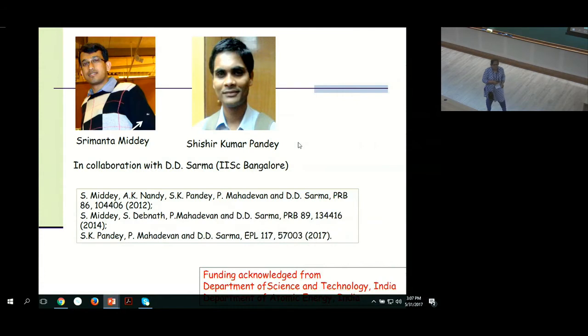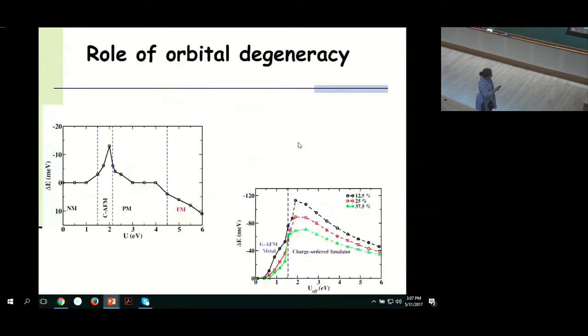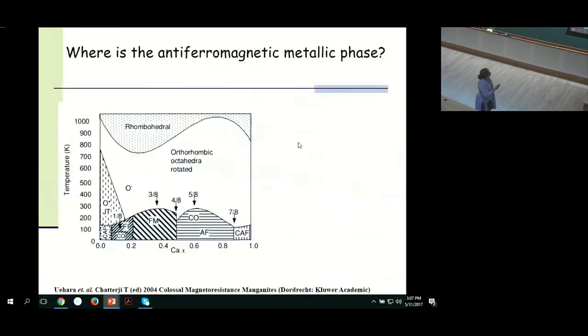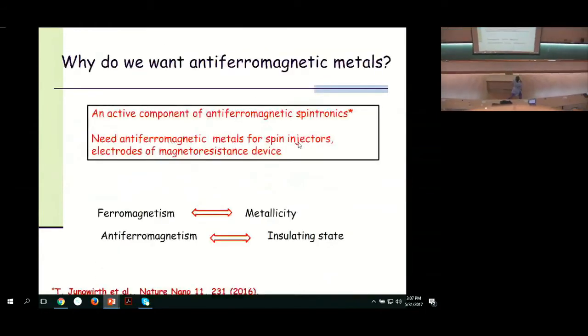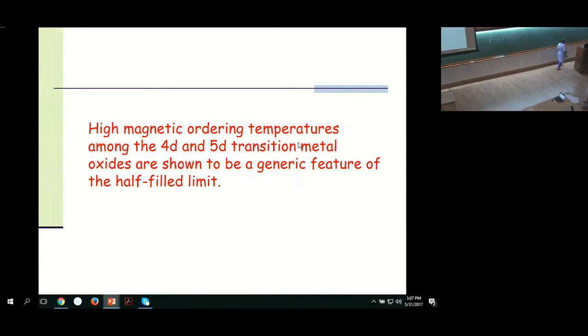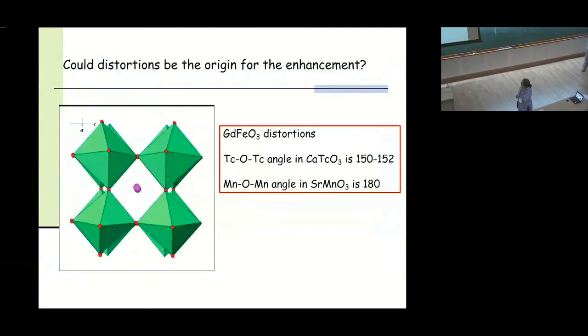I wonder if you could just go back to the foil that had the buckling angles, for the 4D and 3D. Maybe I'll go way back. It's easier to do it from there. Just a simple table, 2 rows, 3 columns. So the manganese, oxygen, manganese, you mean it's a straight bond? It's a straight bond, yes. Whereas the other one is buckled?